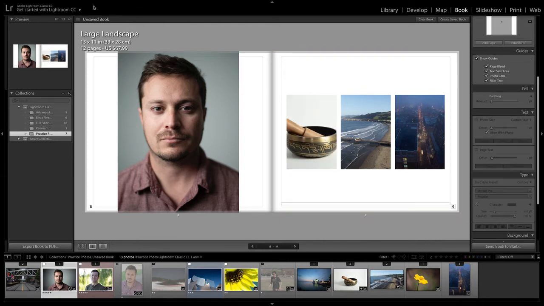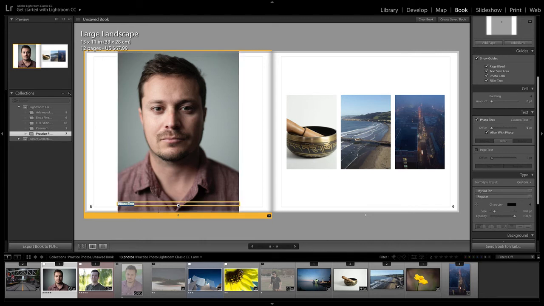If you want to add some text to a photo, such as a caption, you can click that photo and you can either choose add photo text here or check on this button. And then, for example, we might want to say whatever it is. Maybe it's the person's name, William Kernahan, or maybe it's the camera you used or the place you shot it, or just some sort of caption. So you can adjust the size and things. So let's just put that on there so you can see. So we have it there. And you can change the offset. You can have it align with the photo or not.